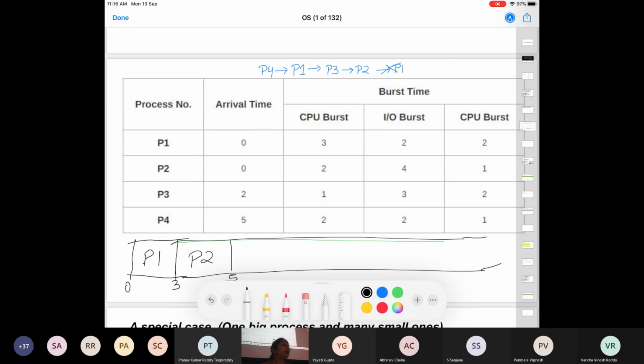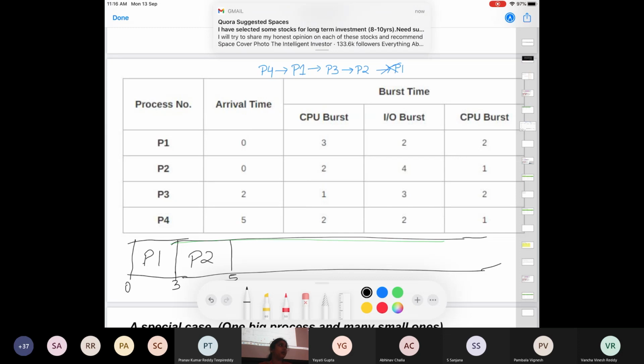I'm also making one more heavy assumption here. I am assuming that every input output for each process is independent of the others, because I do not know how that input output is happening. Maybe P1 was waiting for, let's say, the keyboard, and P2 was waiting for the printer. In that case, both things can be done independently of each other. And if both of them were waiting for an input from the keyboard, in that case they would actually wait in a device queue, right? So if you are given any question of this kind, the things will be mentioned in the question, whether it's independent or dependent, but most of the time you will not see such a complex question.